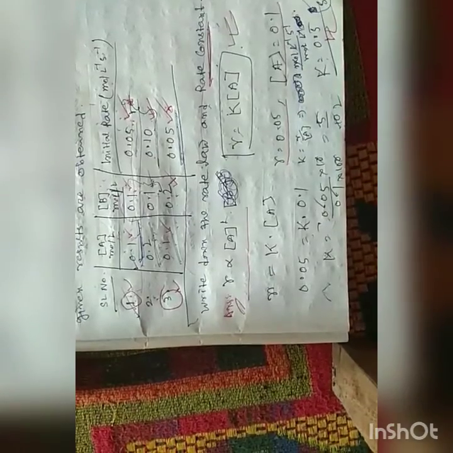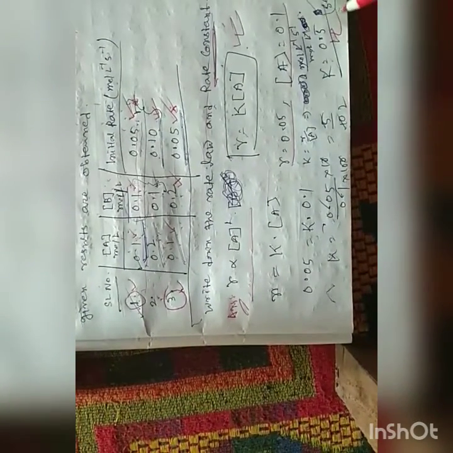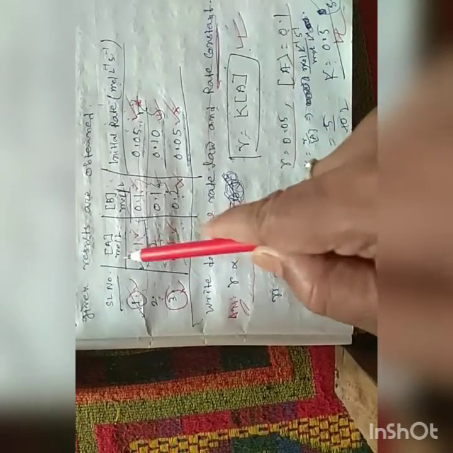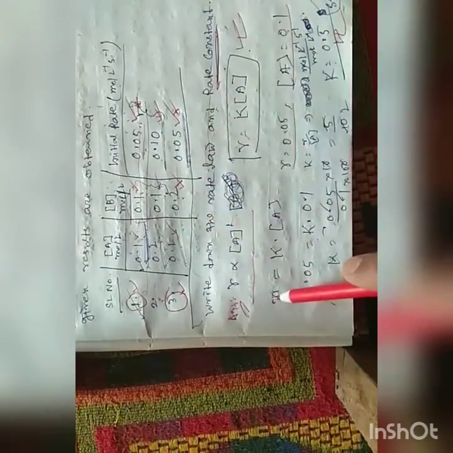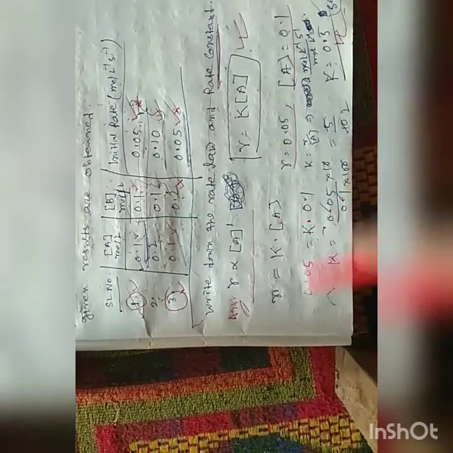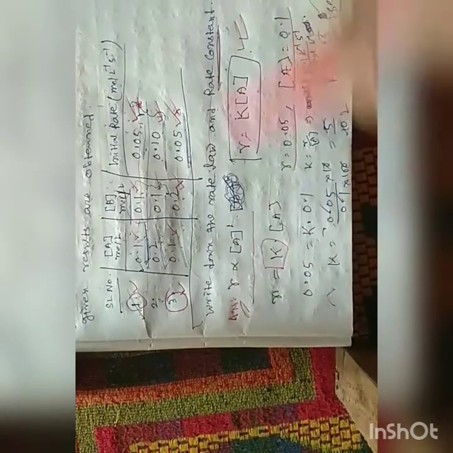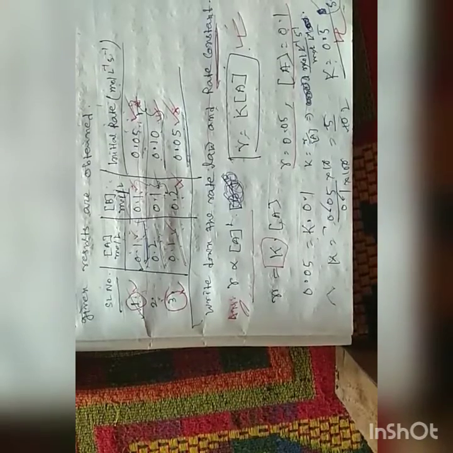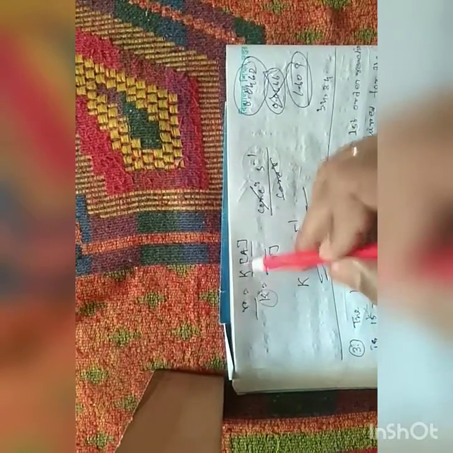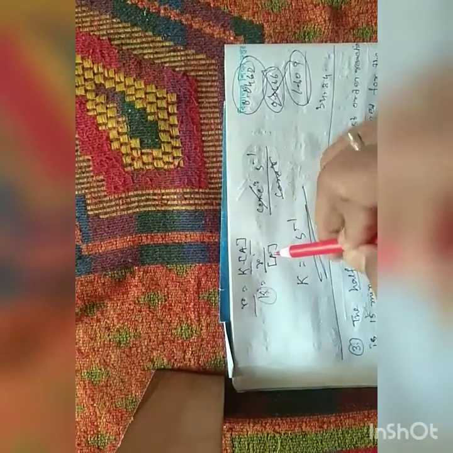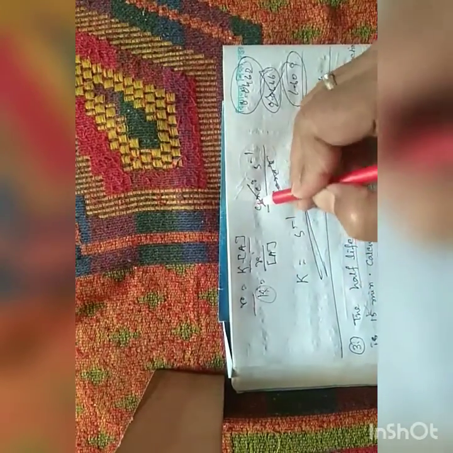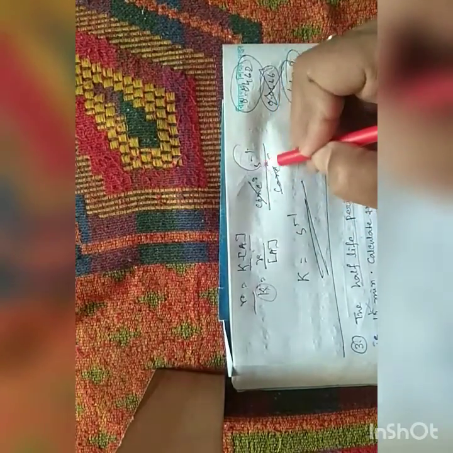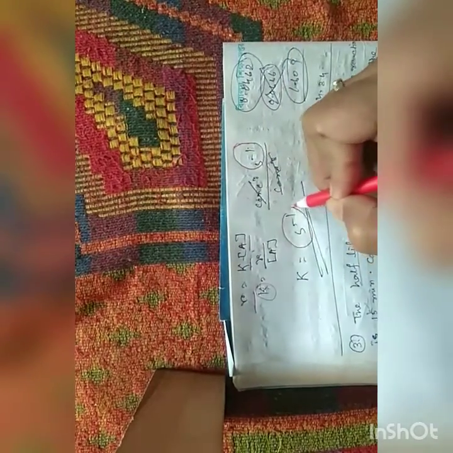Now what is the unit of the rate constant? Here the rate constant is 0.5, by putting in the concentration of A as 0.1 and the rate as 0.05. Now the question is, what will be the unit of the rate constant? Rate R is equal to K times the concentration of A, so K is equal to R divided by the concentration of A. The unit of R is concentration per second, and the unit of A is concentration. By cancelling, we obtain second inverse. Second inverse is the unit of the rate constant here.